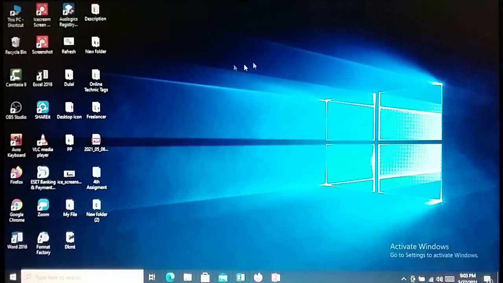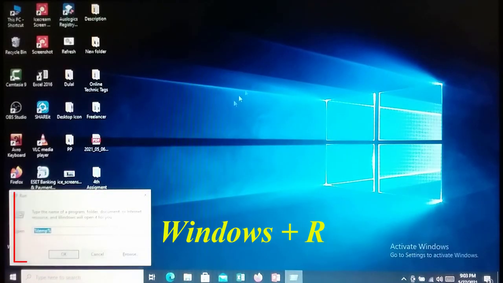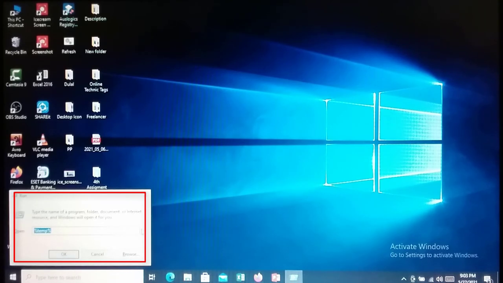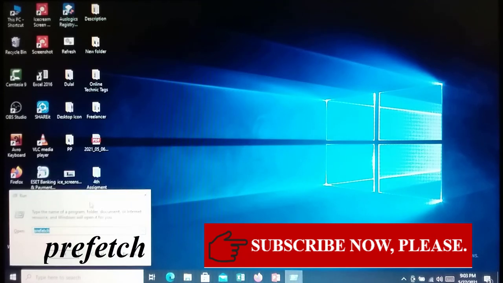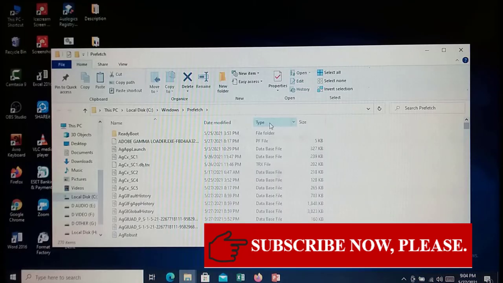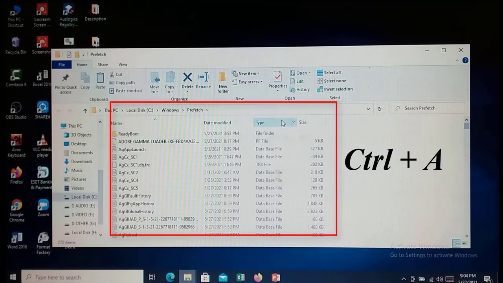After deleting, press Windows plus R from the keyboard and write in the box "prefetch". After writing, you will have to click on OK. Now again press Ctrl plus A from the keyboard for selecting the files from the page.